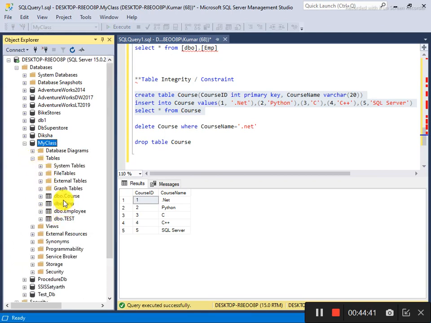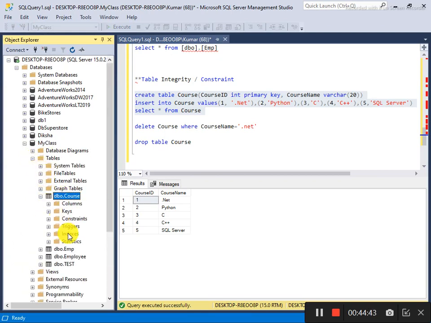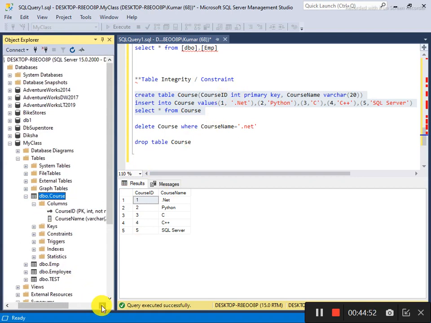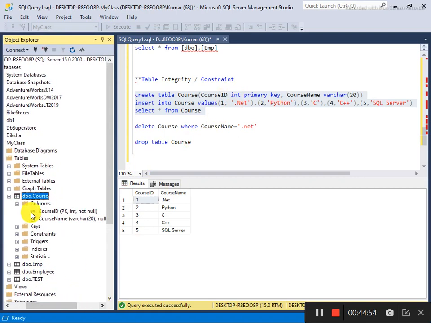Course table has been created, and when you click on it, I had applied a primary key. A primary key is a constraint, and you can see the column, which is course ID. Course ID is like a key, which is a primary key.